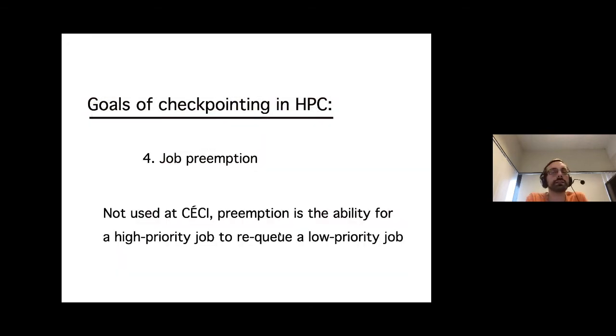So the last reason is what we call job preemption. That's something we don't actually use in the CSC, at least so far: the possibility for high priority jobs to pause a low priority job so that it can be scheduled quicker. It's used on some clusters. It's quite useful also to balance and have the fair share on the cluster, but that means also that we put a lot of pressure on all the code to be checkpointable. So that's something we're not using, but some clusters can.